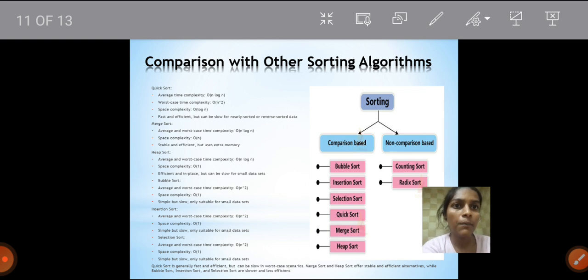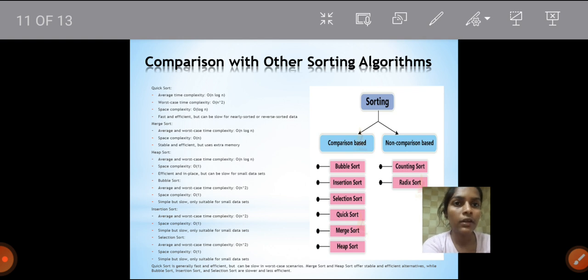The space complexity of quicksort is theta of log n, whereas the space complexity of merge sort is theta of n, heap sort is theta of 1, insertion sort is theta of 1, and selection sort has a space complexity of theta of 1.